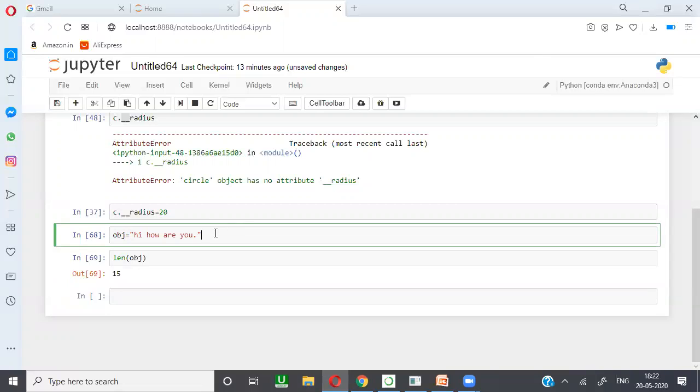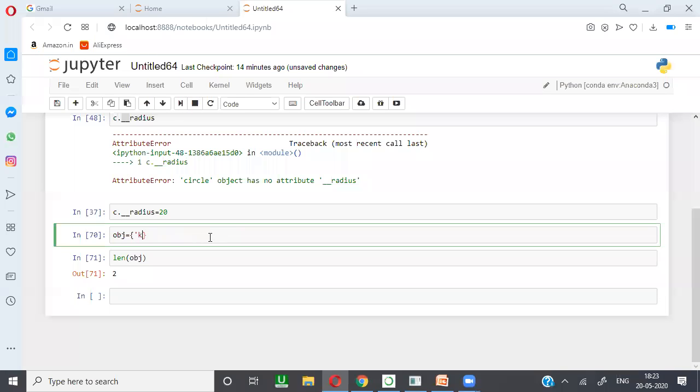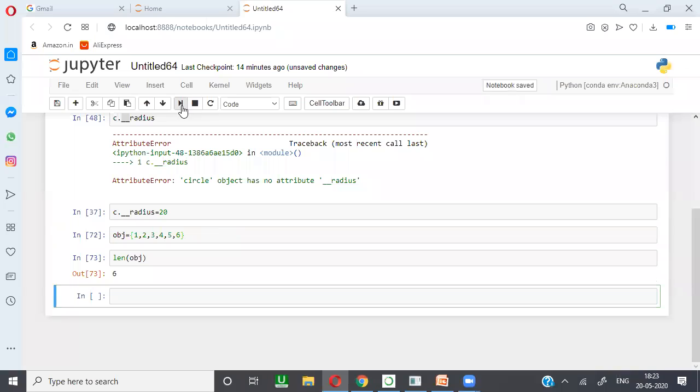If you want to find the length of this dictionary, you can find it. And sets also. Like that, it works for different objects. The same len method works for tuple, string, dictionary, set, and list also. So this is called polymorphism.